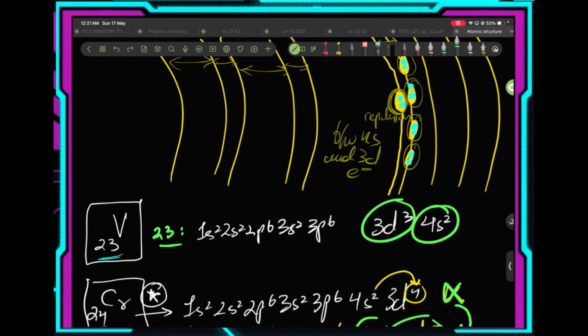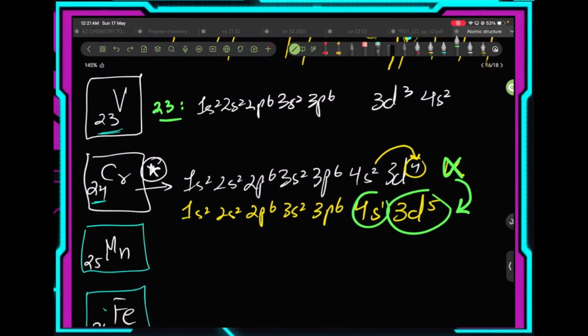Okay, so in vanadium's case, even by excitation of one electron, the 3d orbital does not become more stable, or it does not become half filled or fully filled. So that's why we did not do it. We just ignored it and we moved on to flipping. So what we did was, in chromium's case,